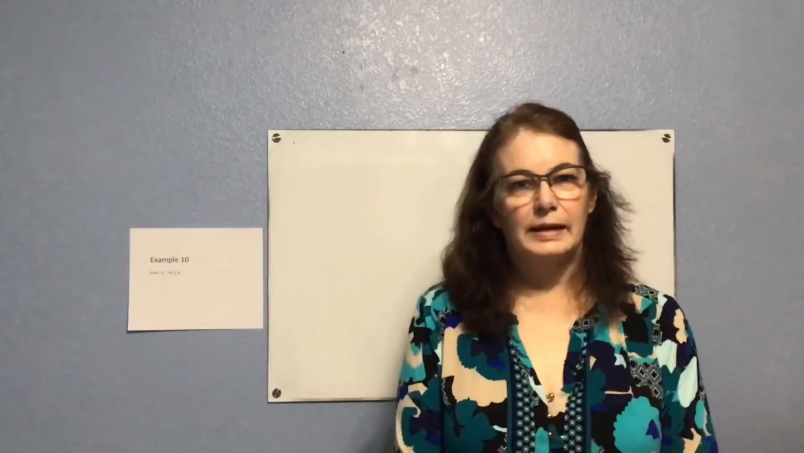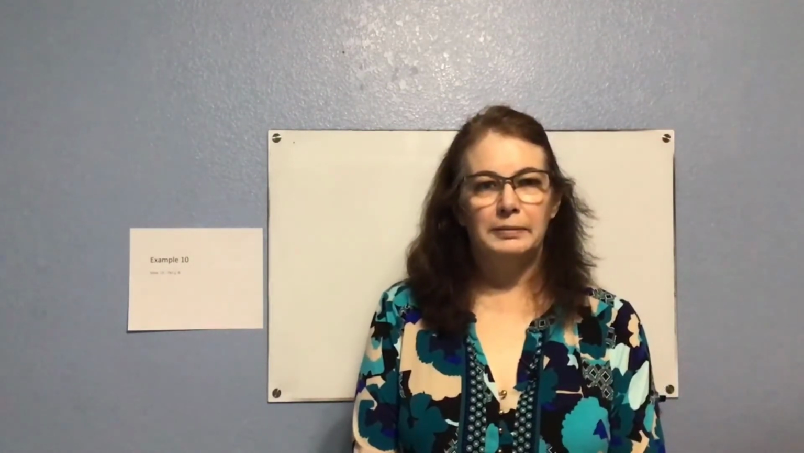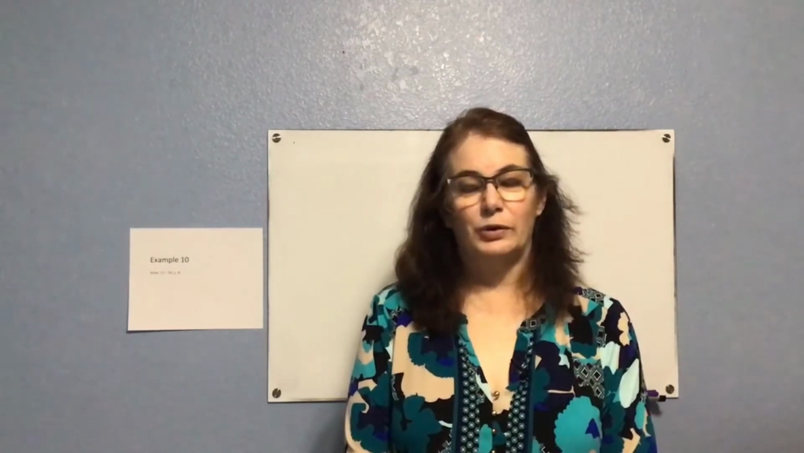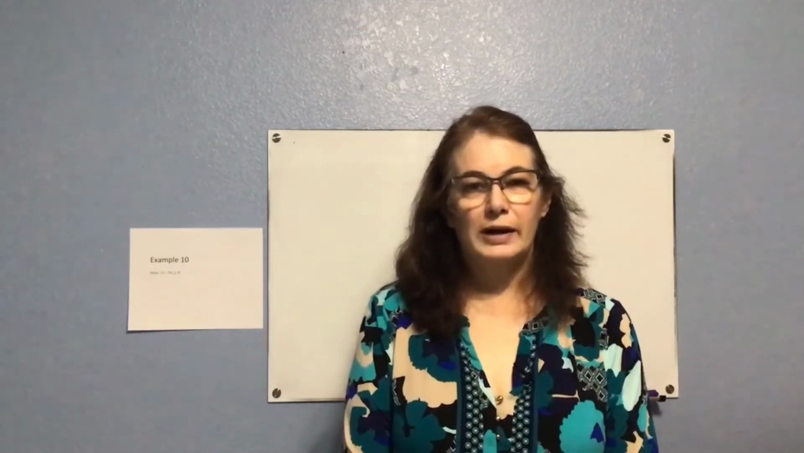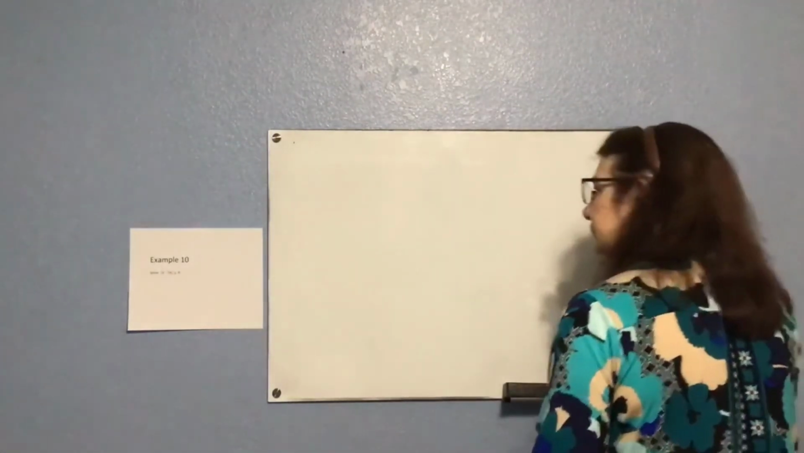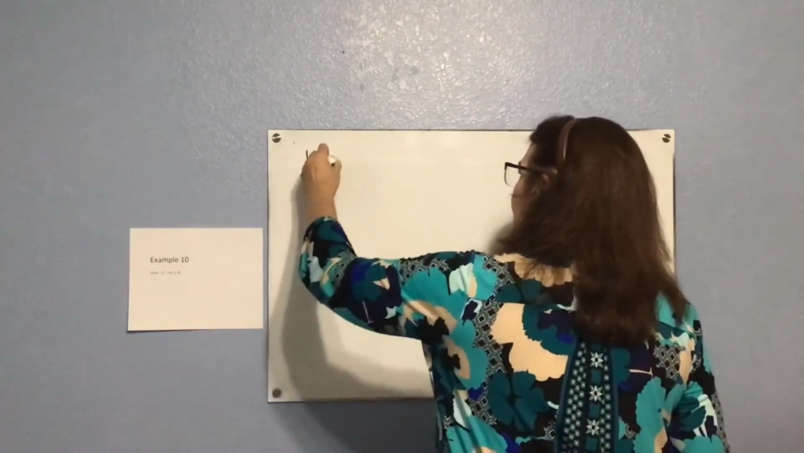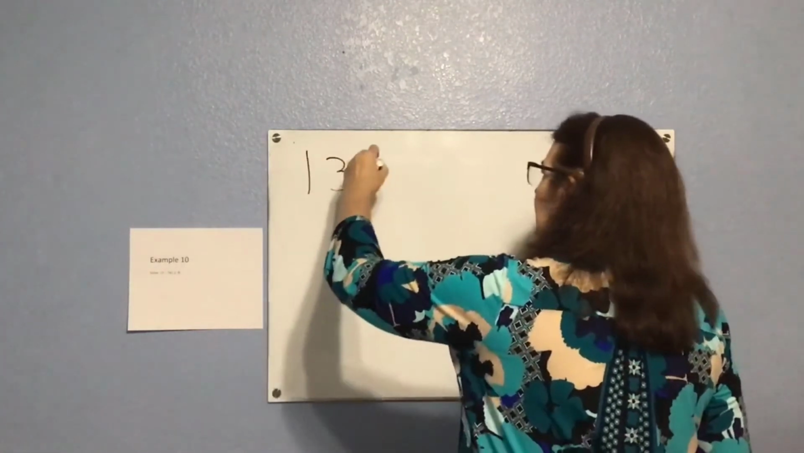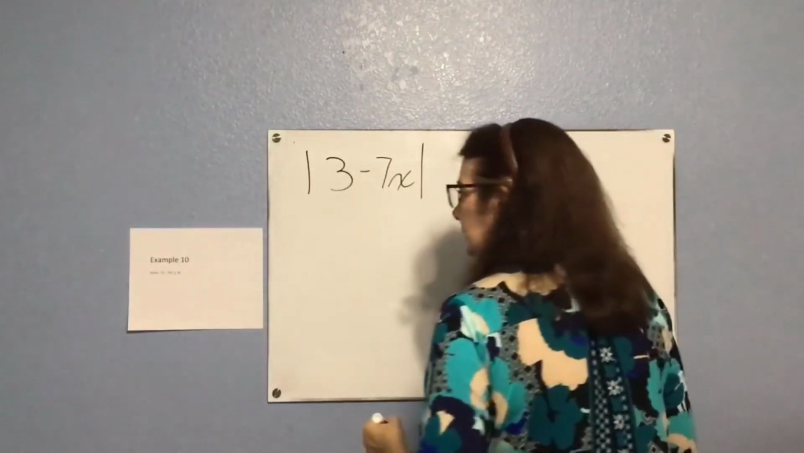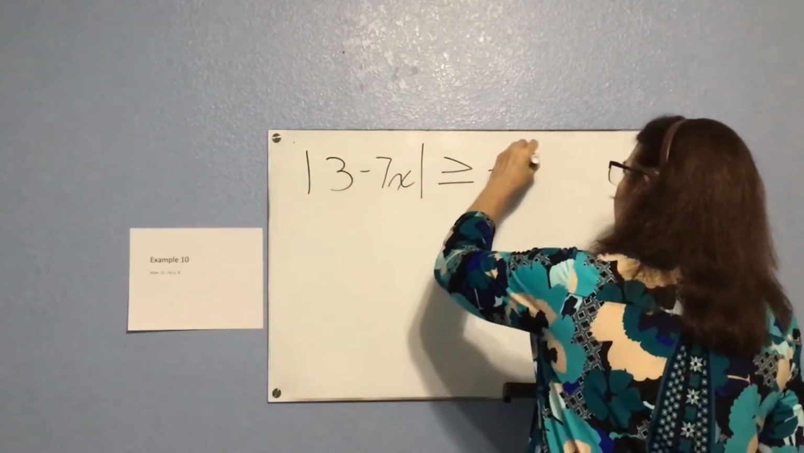In this last example, we're going to look at some things that can kind of trip you up and cause you to do a lot of work to get the wrong answer. So we're going to try to avoid that. If I have the absolute value of 3 minus 7x is greater than or equal to negative 8,